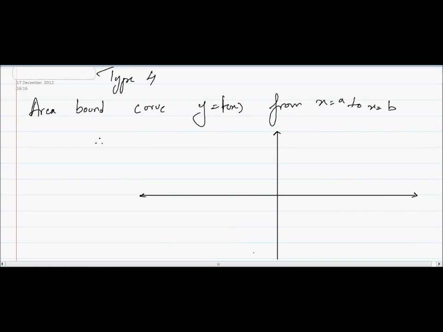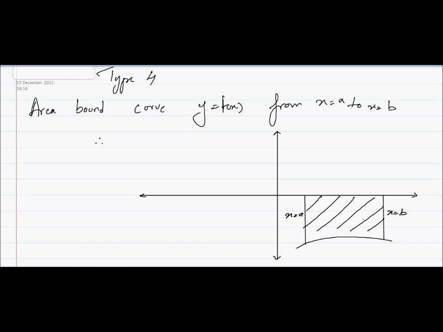It is something like this. It is in the fourth quadrant, so on the negative side. So by default everything is the same, the curve is only on the opposite side. So it may happen that if you solve this problem you will get an answer in negative. So what you need to do is the same, everything is the same, nothing is different from type 1. Just at the end take a modulus of it. So this was type 4. Let us go to type 5.